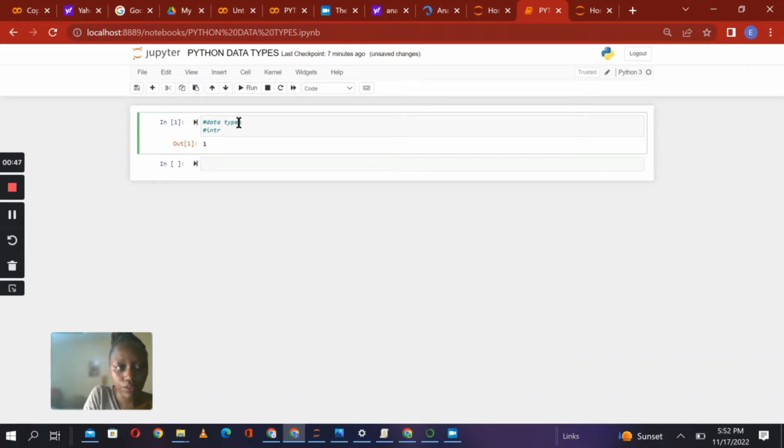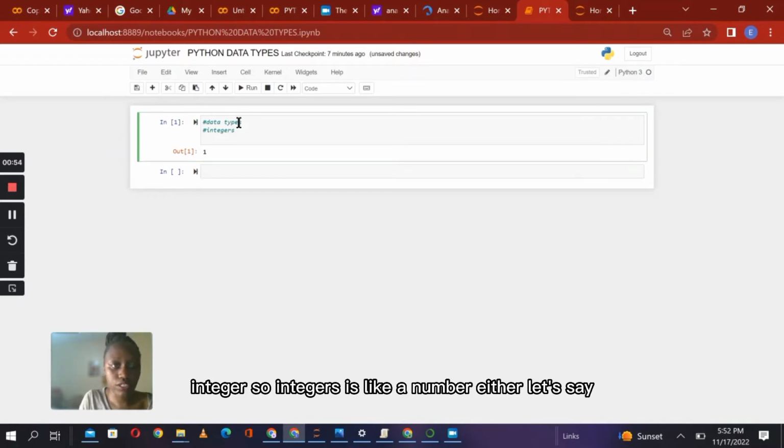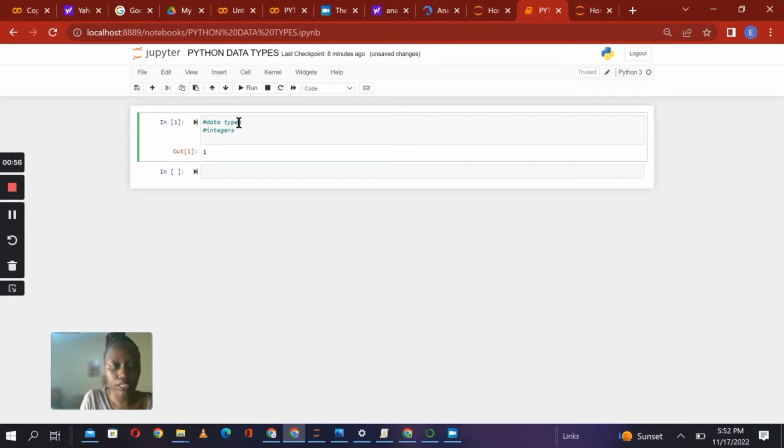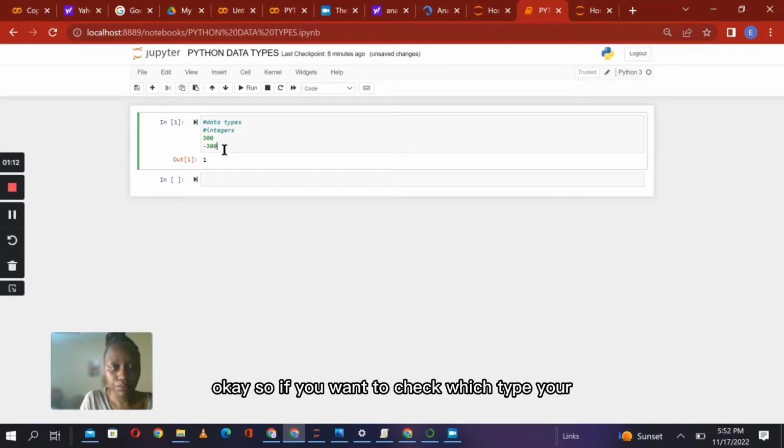integers. So an integer is like a number. Let's say the number 300 is an integer, negative 300 is an integer. Okay, so if you want to check which type your, let's say 300 is, you can